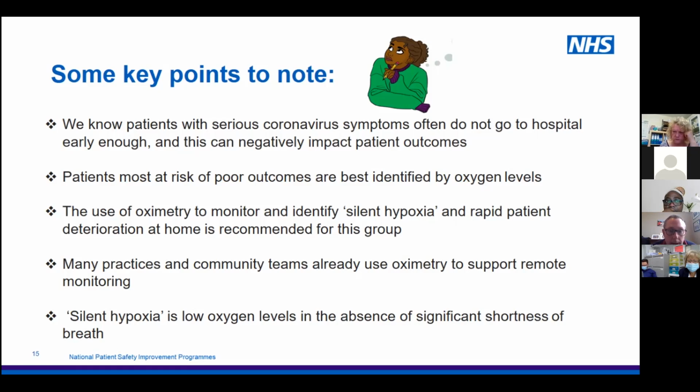So again, I'm so full of admiration having spoken to people on the phone and helped sort out patients in our local care homes. One of the things about COVID, and hopefully you've all heard of this condition called silent hypoxia, and that's why it's important to monitor these patients with a pulse oximeter. I've got a case study I'll go through with you in a minute. But essentially COVID seems to be about a 10 to 2 week condition, and fortunately most people are fine. Some people get sick and then are fine, but there's a smaller cohort of people that aren't fine,